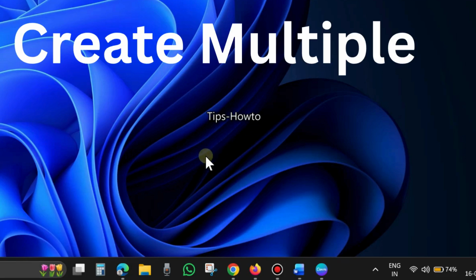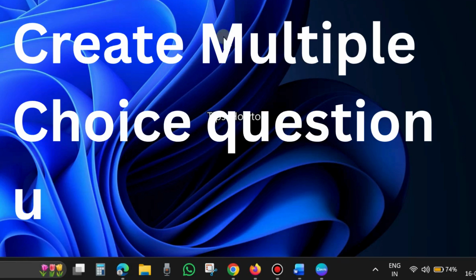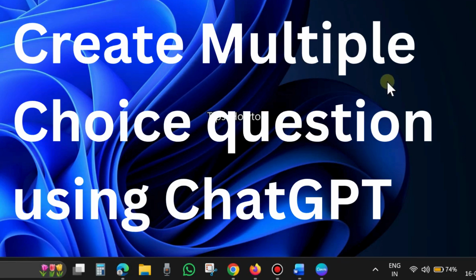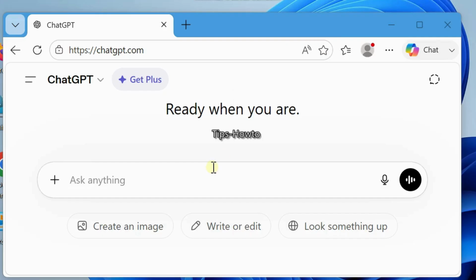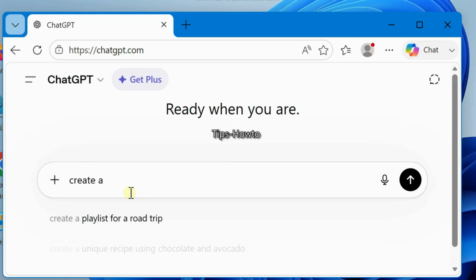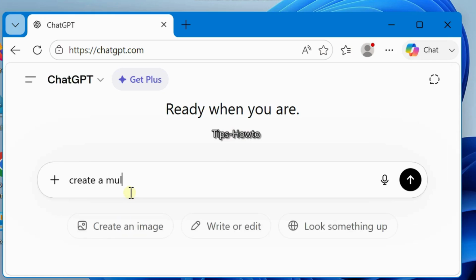Hi guys, you can also create multiple choice questions using ChatGPT. How to create multiple choice questions using ChatGPT? Go open ChatGPT, log in with your user ID and password, and here type in: create a multiple choice question